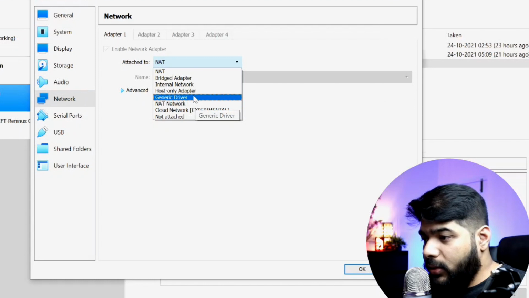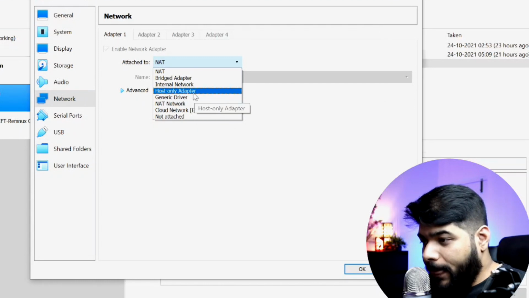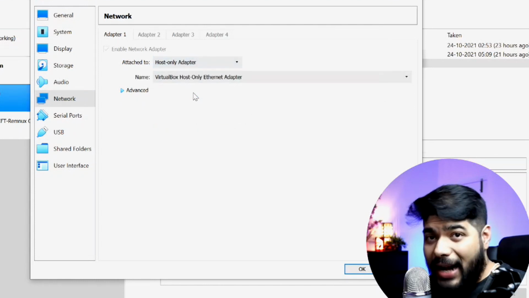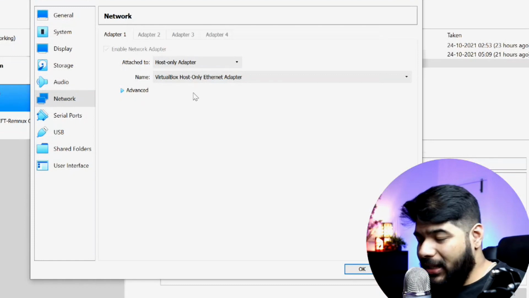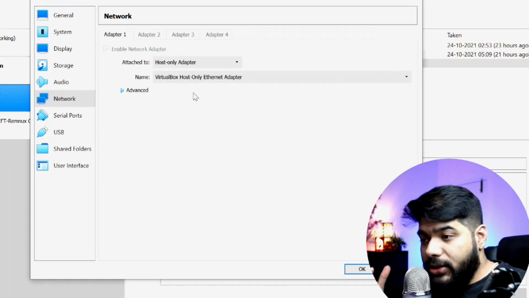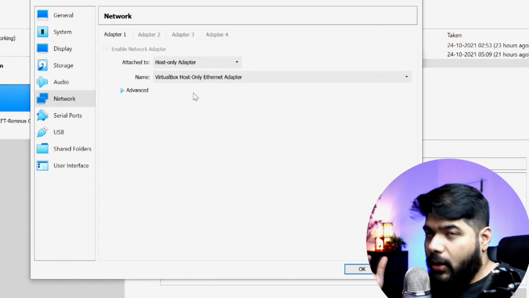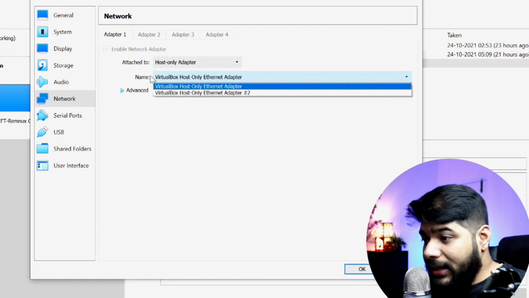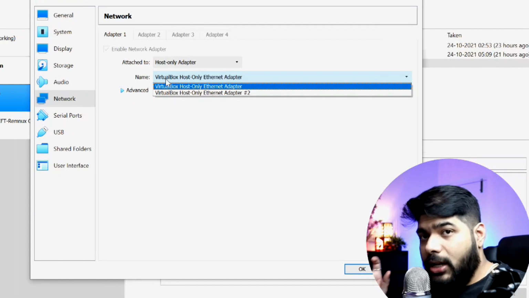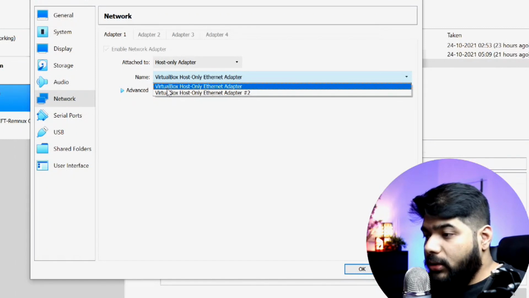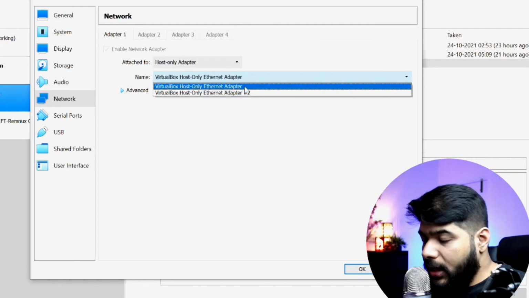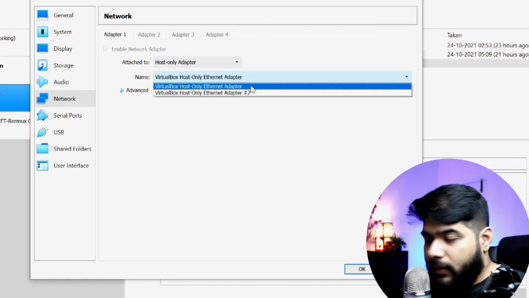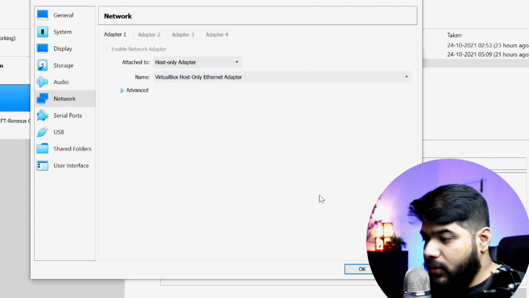Okay, so we can give it a host-only adapter. Anything is fine, it doesn't really matter, but we need to make sure that our Remnux box, or our ship box, is on the same network as this Windows 7 VM. So in the attachment of that particular network card, we want to attach the VirtualBox Host-Only Ethernet Adapter. There are two adapters, the first has no numbering and the second is numbered 2, but we want to choose the first one only.